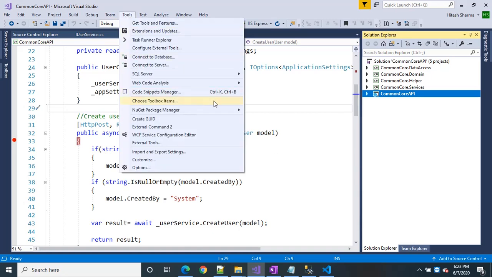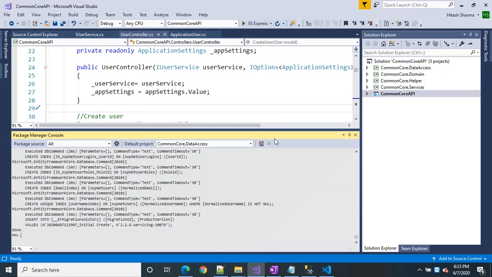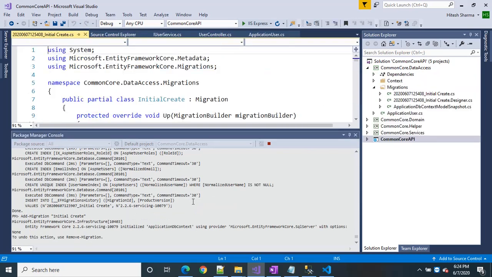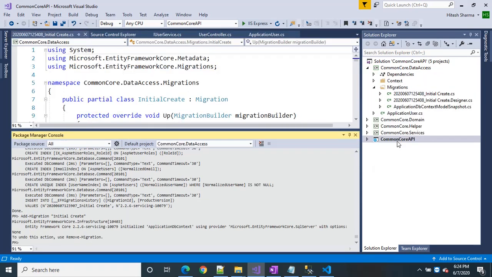Tools, NuGet Package Manager Console. Run the migration command, add-migration InitialCreate. See, the required migration files are created.